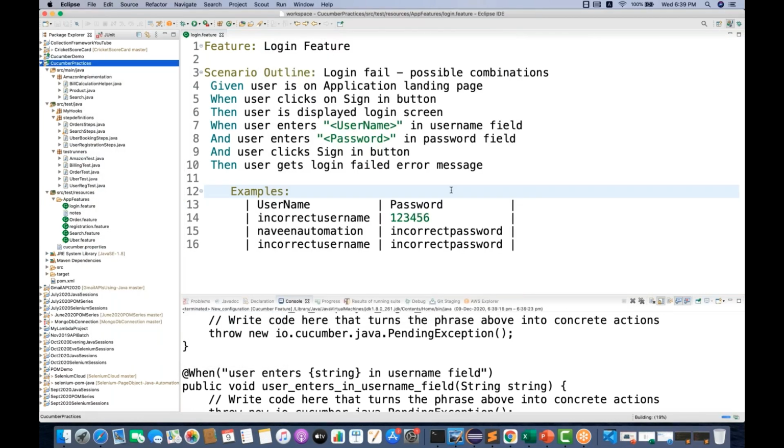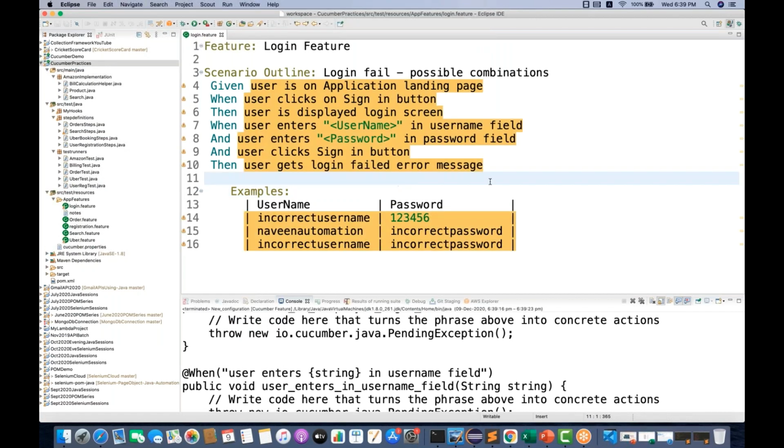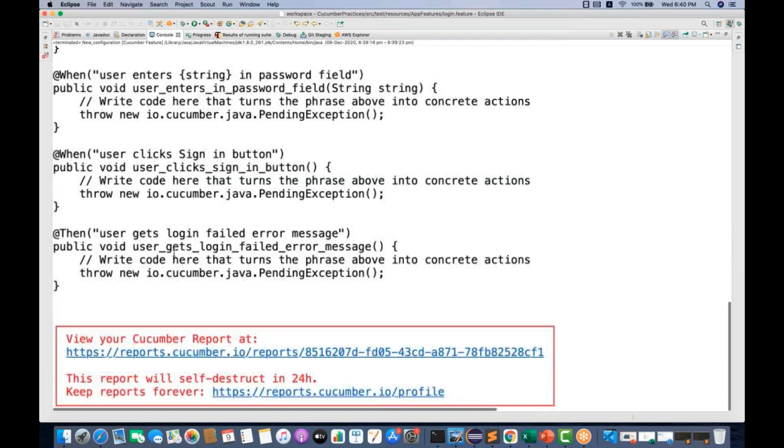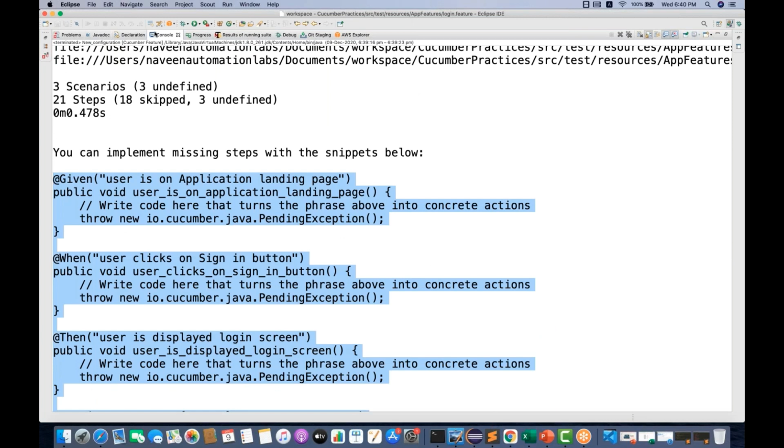Sometimes we have to update the project like this, and now it is flagged, right? In Eclipse, every time you have to update the project whenever you're making any changes in the feature file or creating a new feature file sometime, because right now we don't have any definition against these stories. Now all the definitions, we got it over here, and I'm just going to pick all these definitions, simple copy all these methods, and then